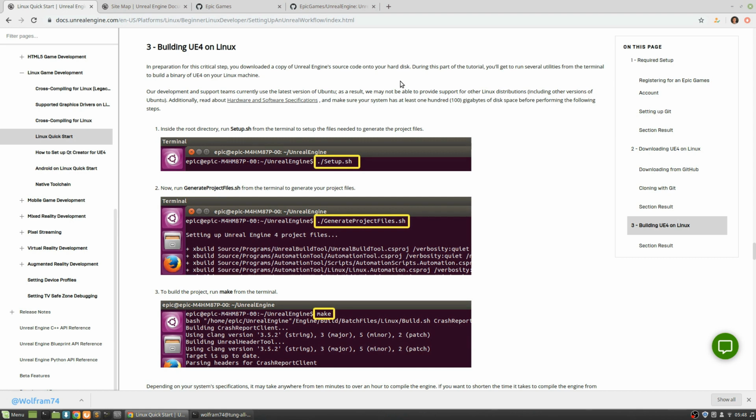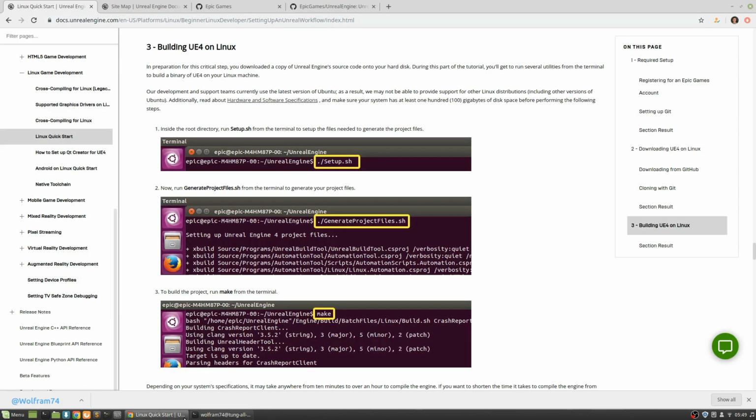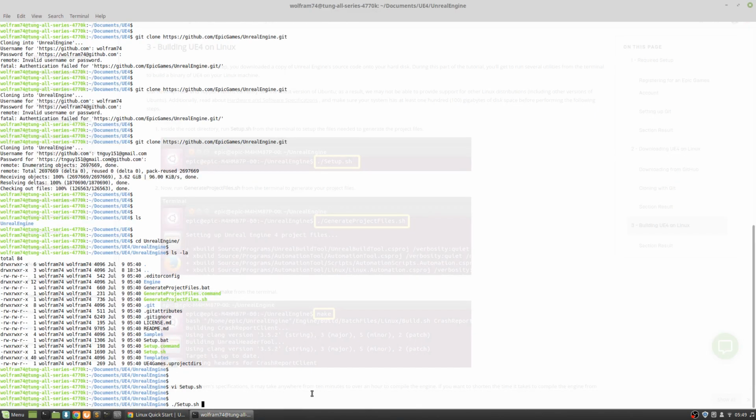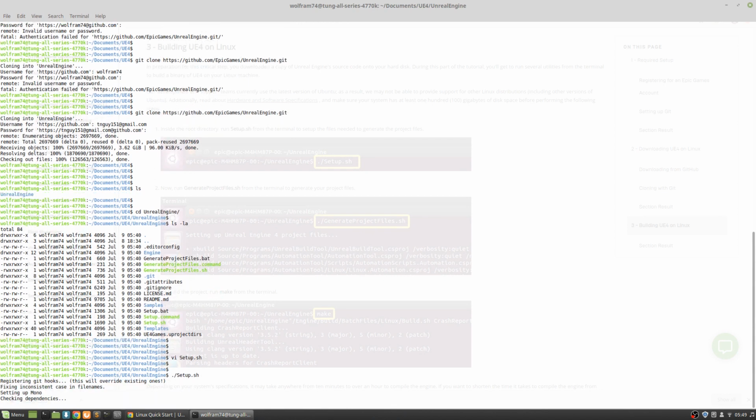They took down the reference tutorial so that you could build it. So I kind of thought it was out of date, but here they're saying they just use Ubuntu, so I'm hoping there's not like hiccups that might occur. So I'm just gonna run the setup script, see how far it gets. If it's missing something, then we might have to figure out what, but we'll see how this goes.